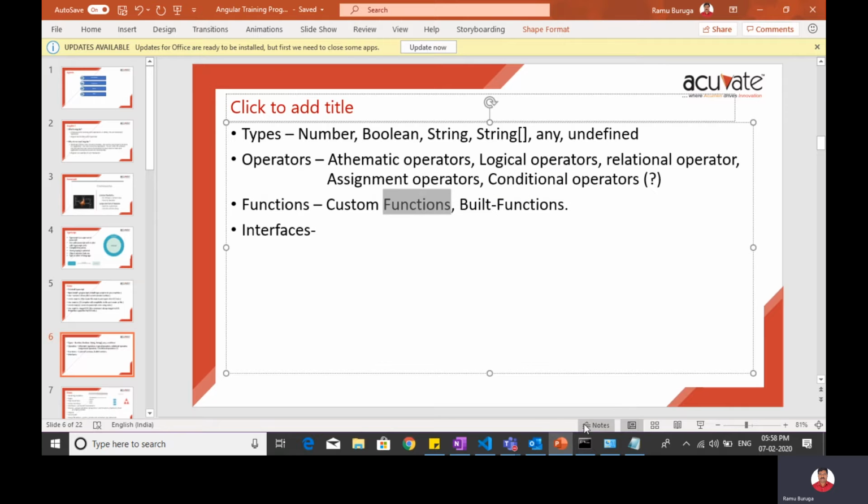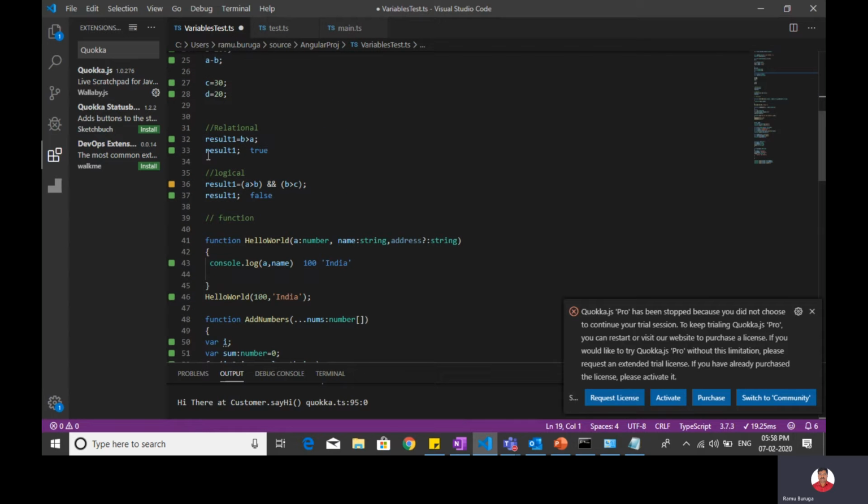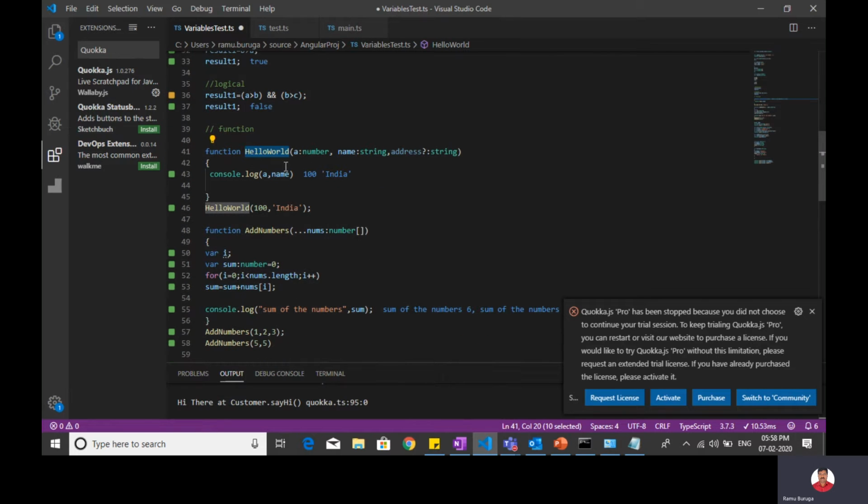Okay, so functions are also the same, guys. This is the relational operators, as I told you: a greater than b, the result will be true or else false. Functions work the same way: you have to use the function keyword and give the function name. Parameters you can pass the same way we declare variables.